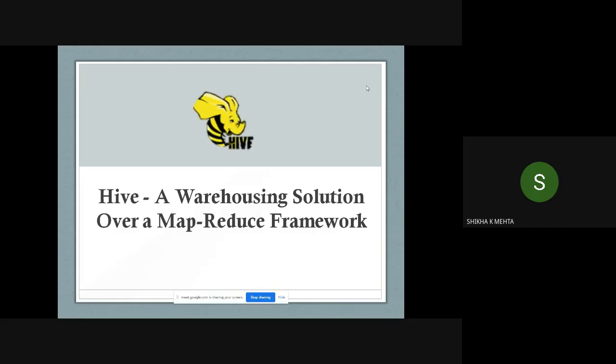So when they were struggling with the problem of storing terabytes of data, they developed their own tool called Hive. Basically, Hive is a warehousing solution based on the MapReduce framework. When we compare it to other SQL solutions, like MySQL, Microsoft SQL, or Oracle,